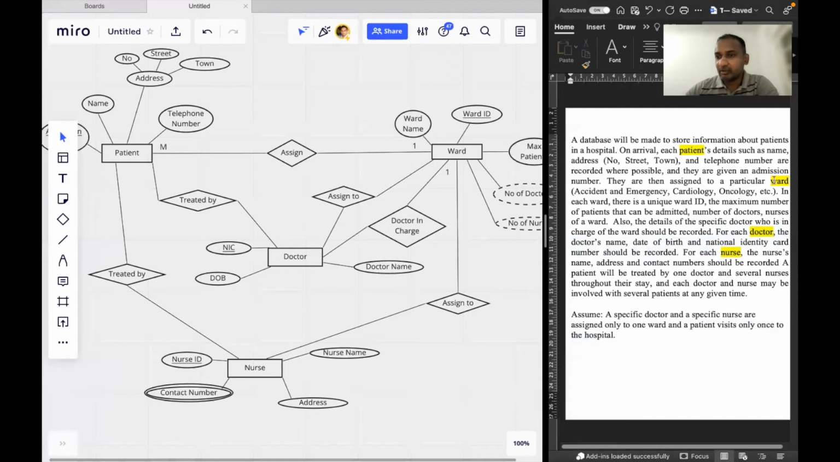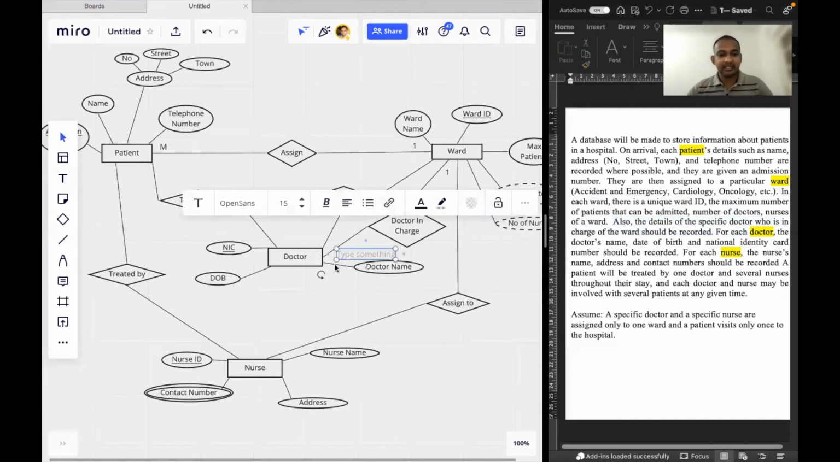When you come to the ward, in each ward there can be a unique ward ID, maximum number of patients that can be admitted, number of doctors, and number of nurses on the ward. Also, details of a specific doctor who is in charge. Details of that means only one doctor available. Therefore, if you take a particular one ward, there is only one doctor available. So in such a situation, this side is also mentioned as 1